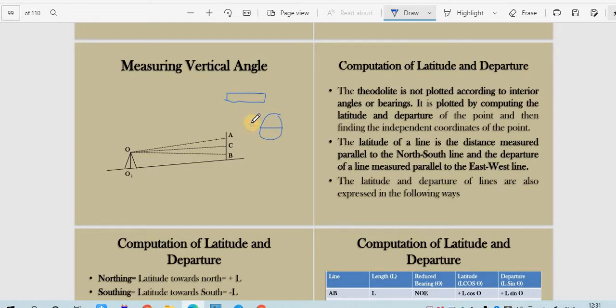On the vertical circle it is only possible to measure an angle up to 90 degree. You cannot measure an angle of more than 90 degree in the case of the vertical circle. After that, you have to bring the telescope perfectly horizontal. That will indicate 0 degree on vernier C. In the vertical circle you have two verniers, called vernier C and vernier D. Both values will show 0 degree.